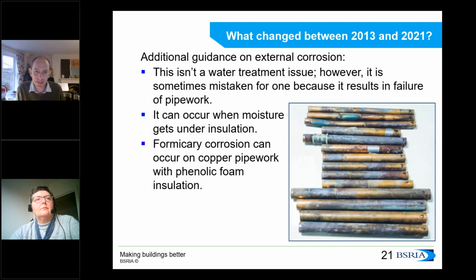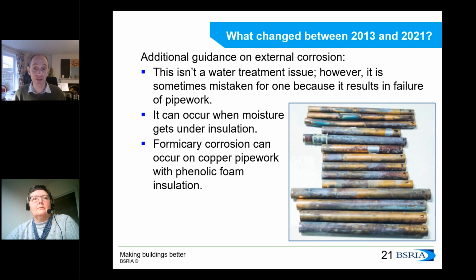We've also got some guidance in here on external corrosion. This was a little bit controversial because this is actually nothing to do with water treatment. External corrosion generally occurs when you have moisture on the outside of the pipework. This could be moisture, say, dripping from somewhere. It could be moisture that has wicked through the insulation. Even occasionally, you might get situations where there is a leak in the pipe, which causes external corrosion in addition